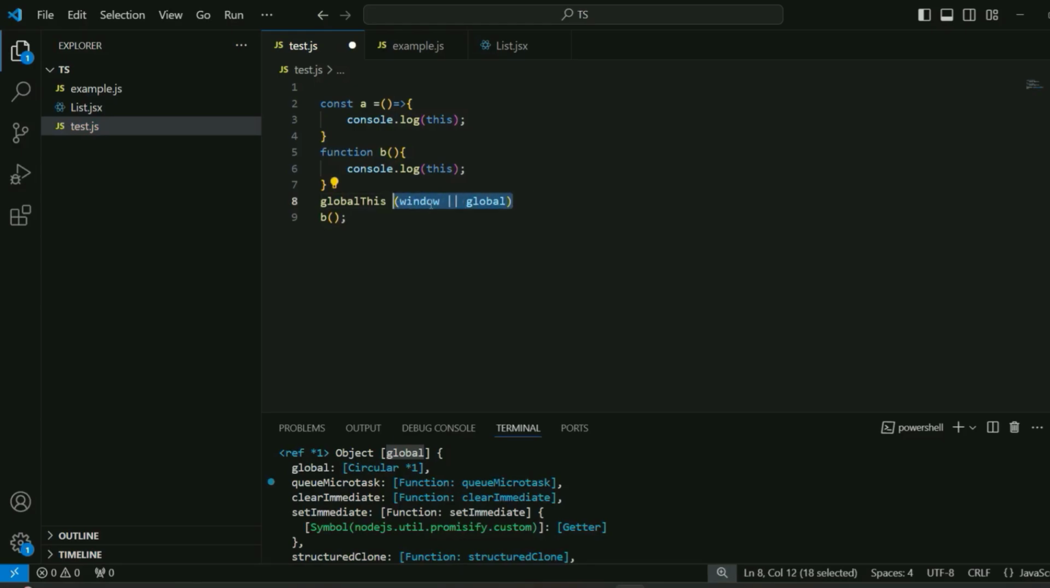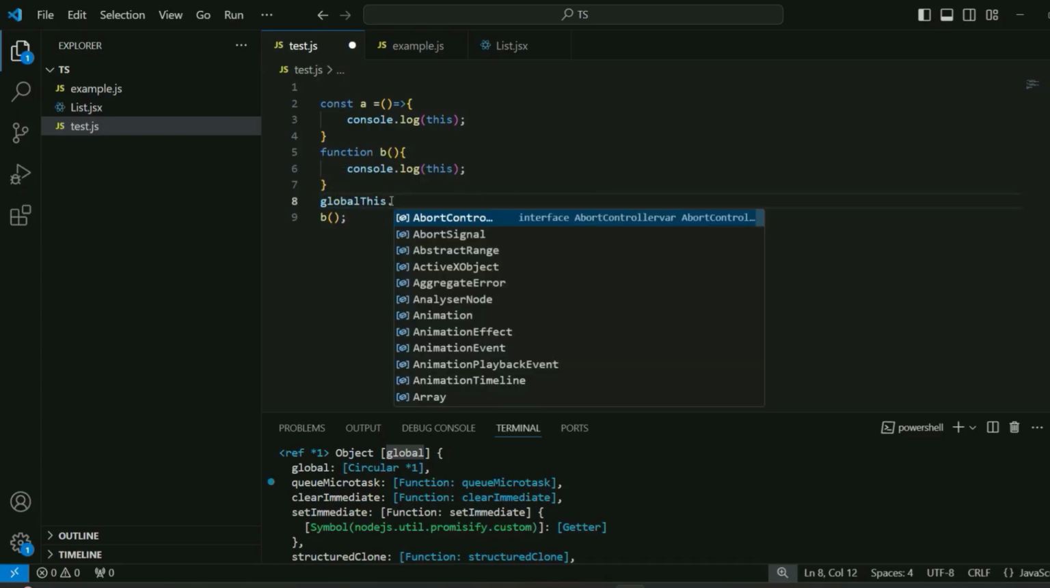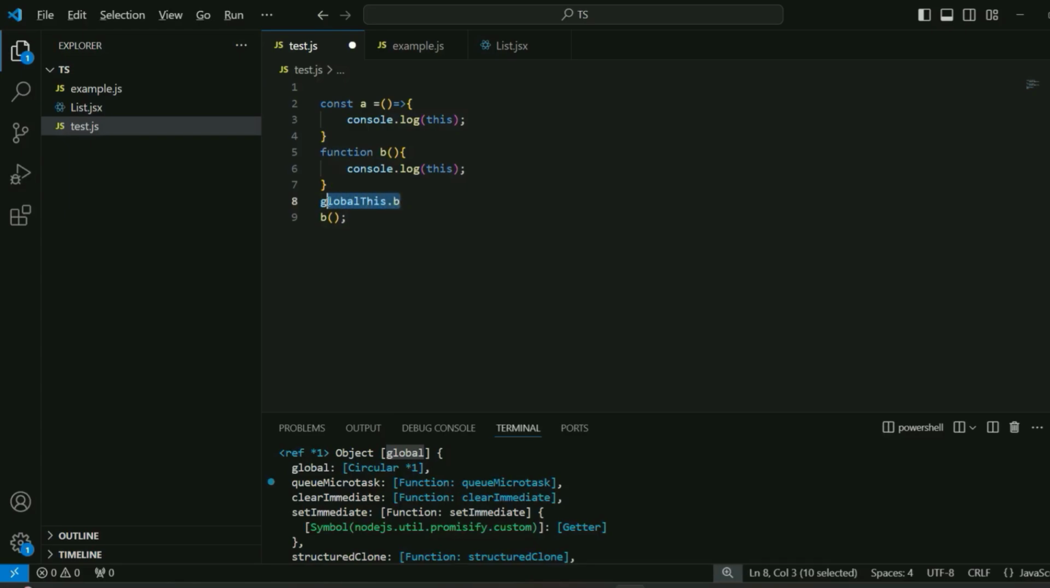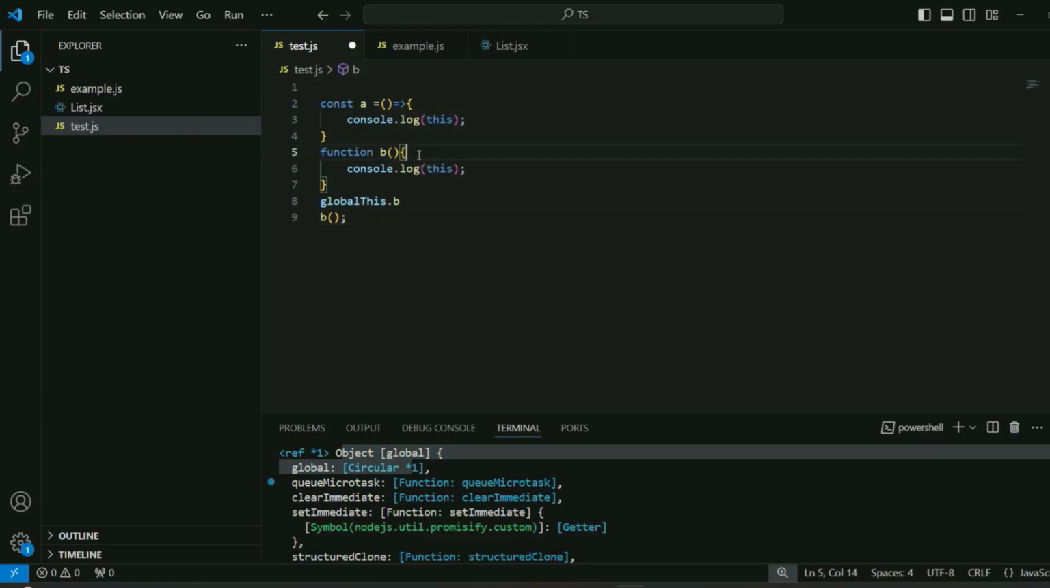So you don't need to use window and global separately. You just need to use global this, and b. If you see, the b is present in global this context, meaning whenever you use a function keyword to create a function, it directly goes to the global context and is settled there. That's why it's this. That means the b parent is going to be the global, and global this is basically the global object. If I do something like this dot name is equal to